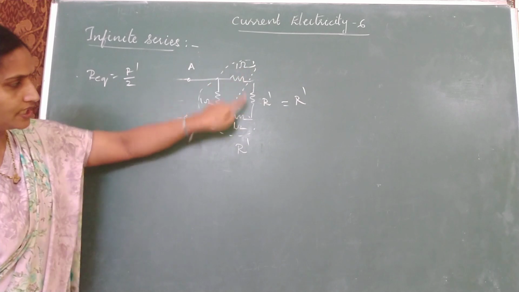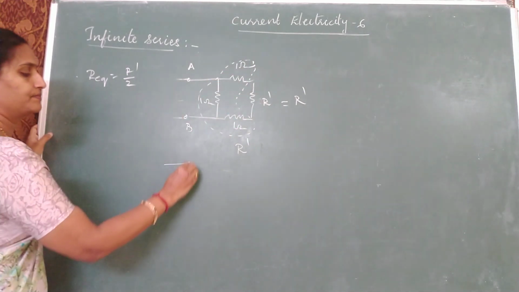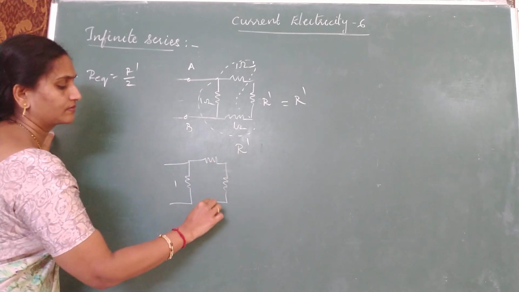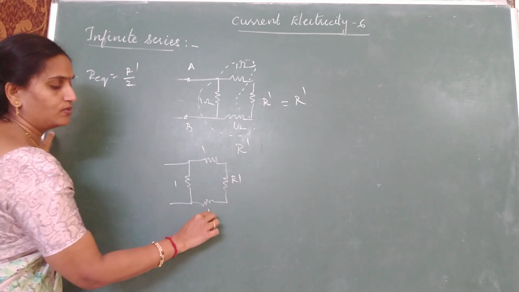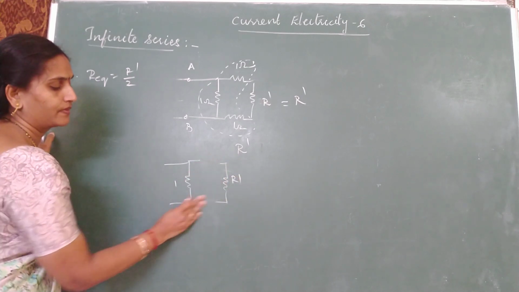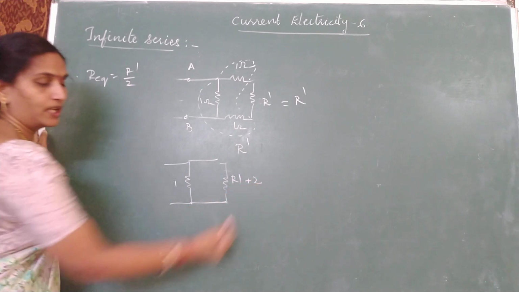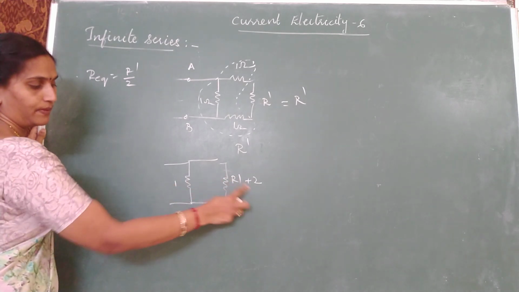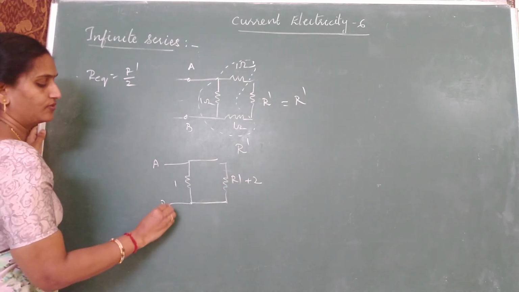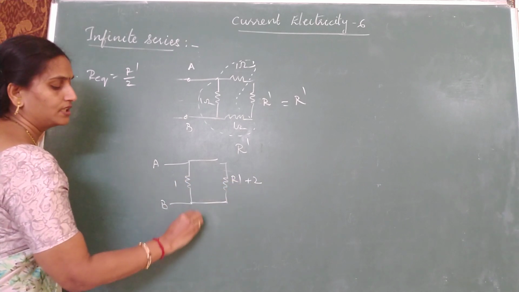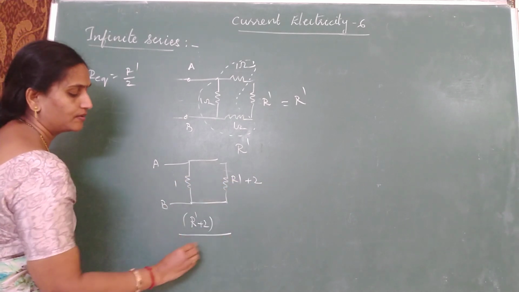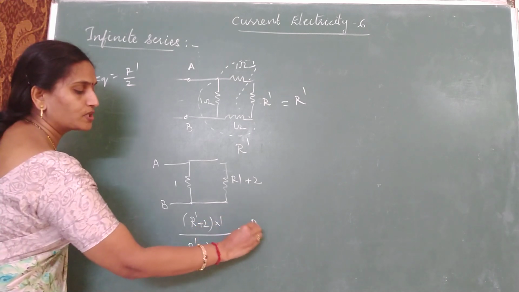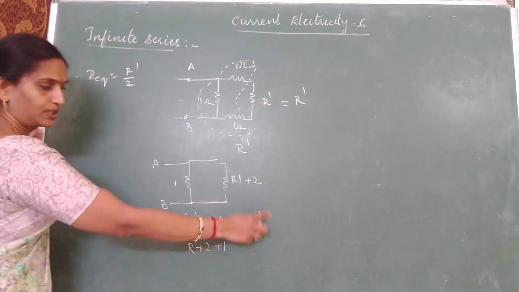So how is this R dash connected to 1 and 1 in series? This is 1, R dash and 1 all put together. I will write it as R dash plus 2. R dash plus 2 and 1 are in parallel combination. So find out the parallel combination of these two. R dash plus 2 into 1 over R dash plus 2 plus 1 should again give you which value? R dash. Instead of X I took it as R dash.